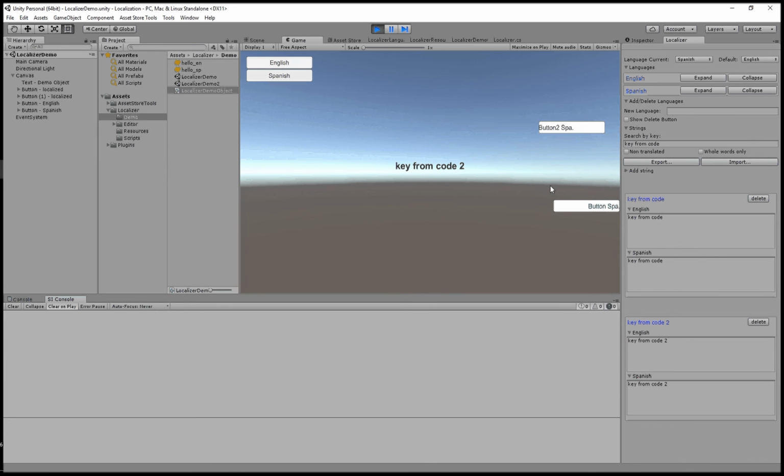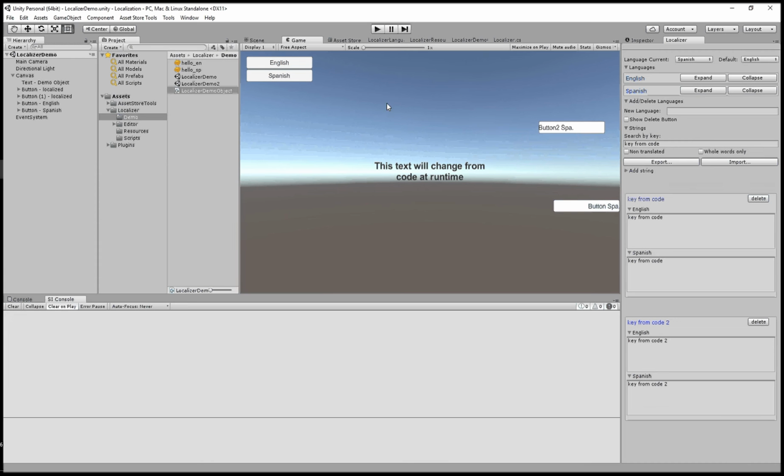Yeah, I think I showed everything you will get from this localizer asset, and